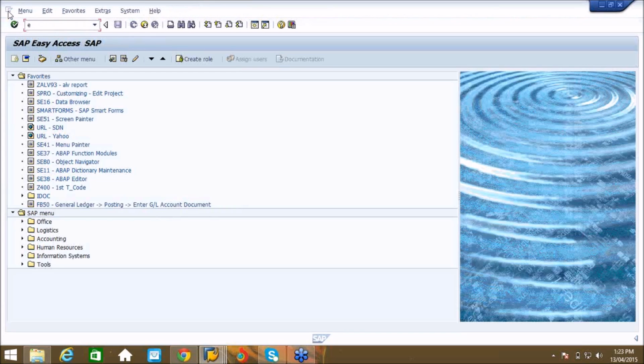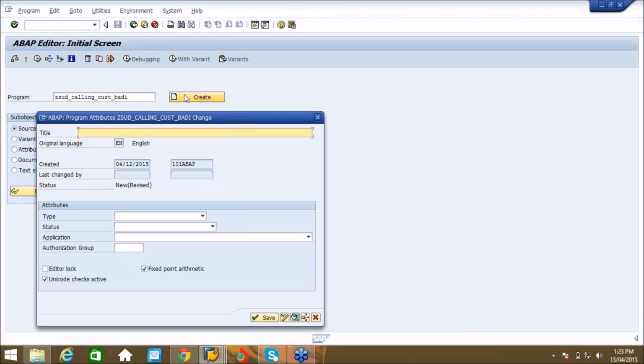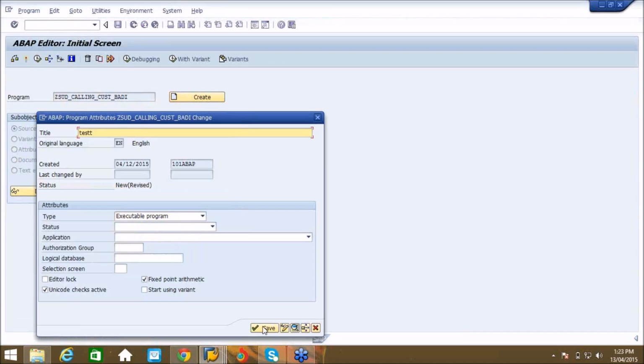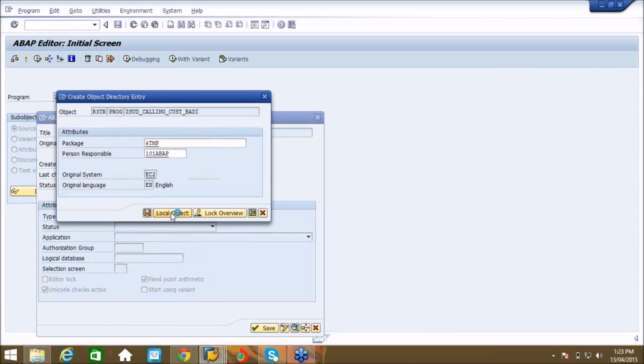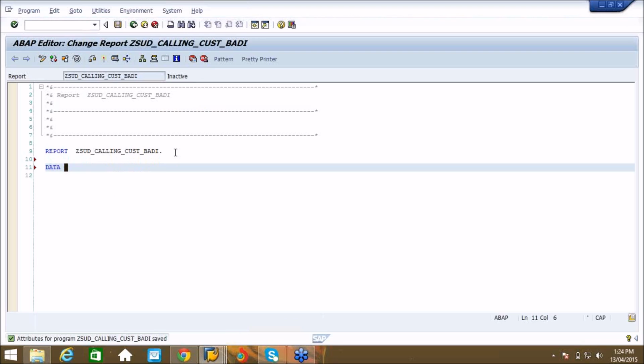So I will go to SE38. I'll create a program Z_SUD_CALLING_CUSTOM_BODY. Here I'll create an object: data obj type ref to my body definition.